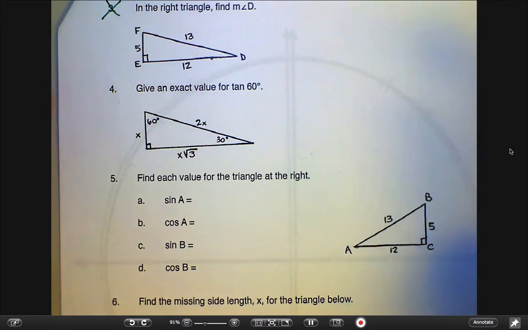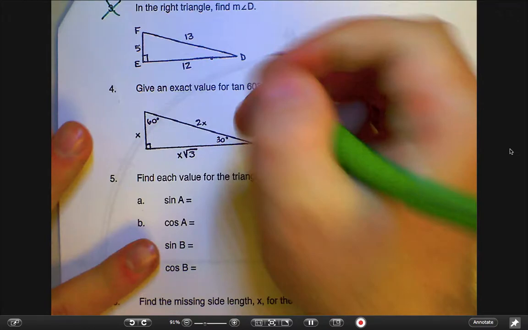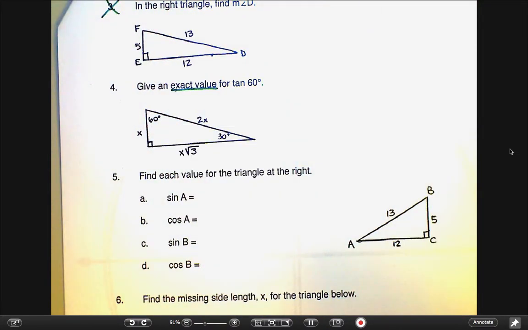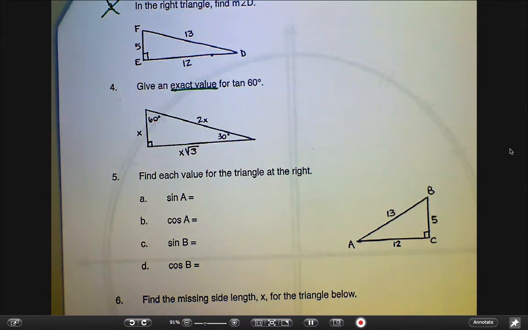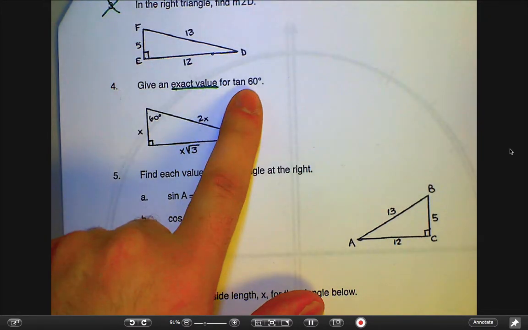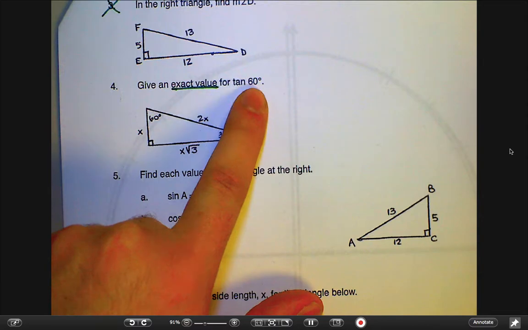So for number 4, we are asked to find the exact value of the tangent of 60. So as soon as we start to say exact value, that means I cannot round. Okay? I need to have exact answers. I can't round. I can't take square roots. I have to make sure everything's just a perfect number for me. Okay? Now, in this case, because I'm asking for a tangent of 60, 60 is one of those angles that